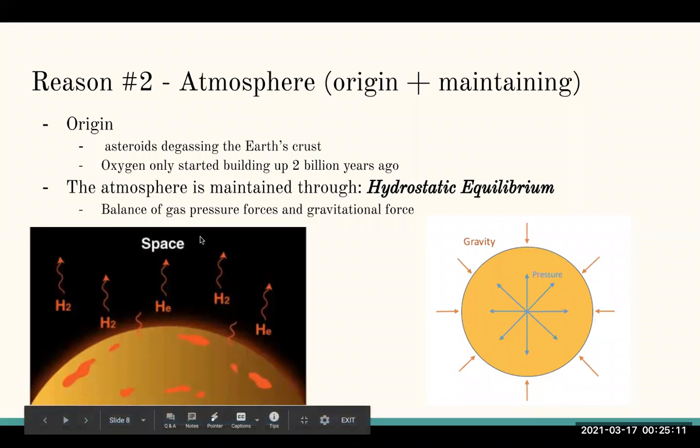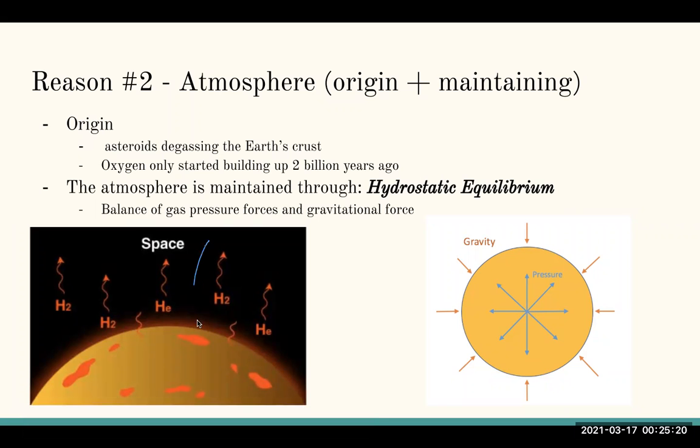hitting our Earth. It was degassing the Earth's crust. So what does that mean? That means that when it hit the Earth's crust, it actually released all this gas. It released gas every time it hit, maybe through volcanic eruptions, or just buried gas under the crust of the Earth, which is the outermost layer of the Earth's surface. It was able to release all this gas up, and this gas was able to build up and basically form